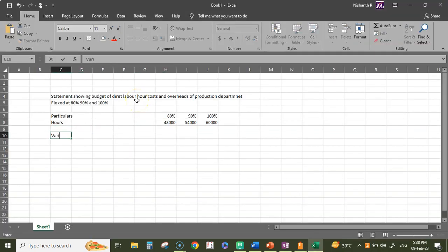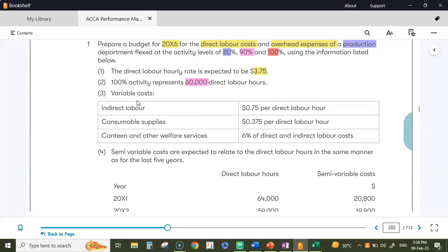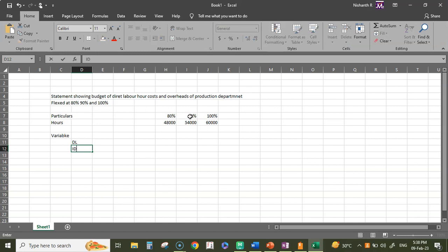So first variable, we have 3 items. What are the 3 items? Direct labor, indirect labor, supplies, canteen. Now direct labor is at 3.75 I reckon.